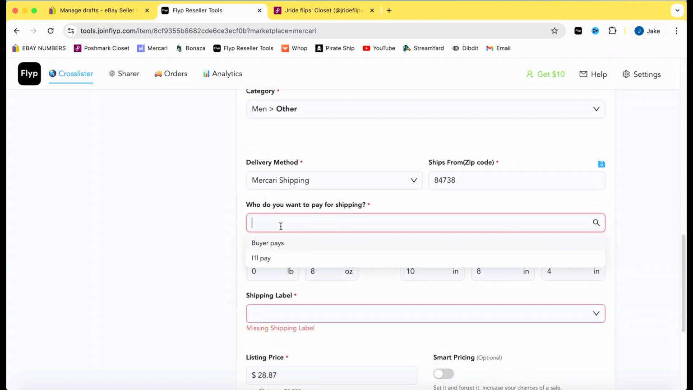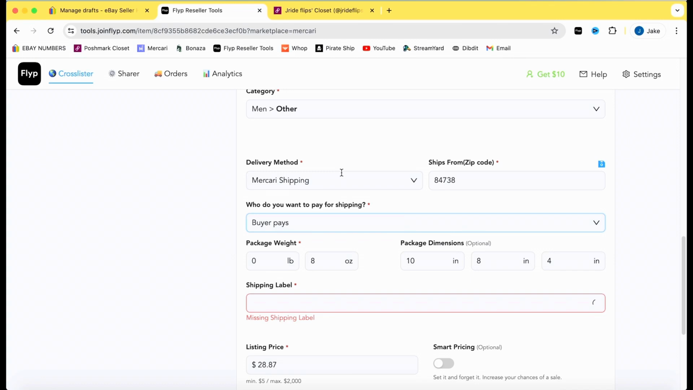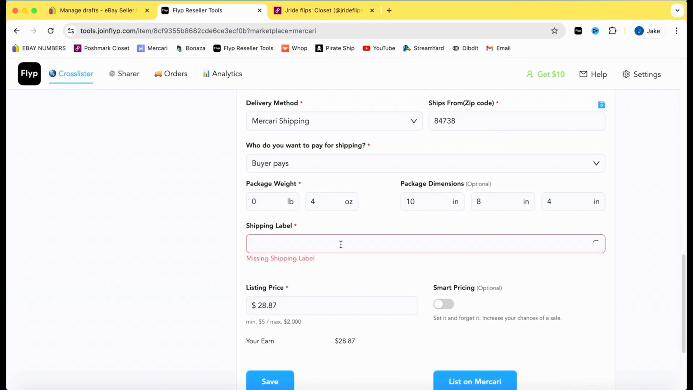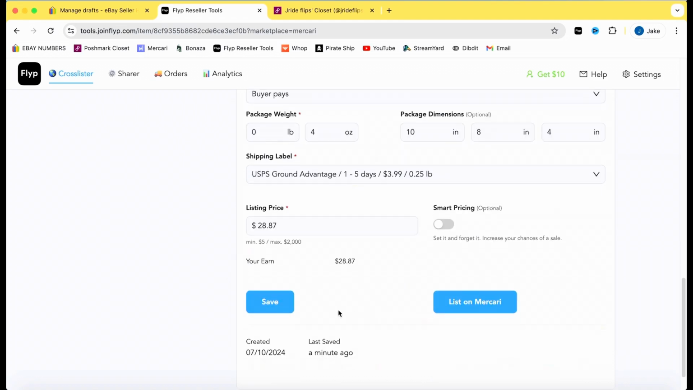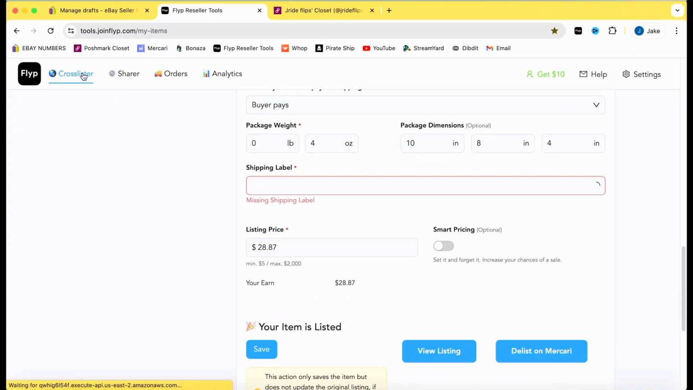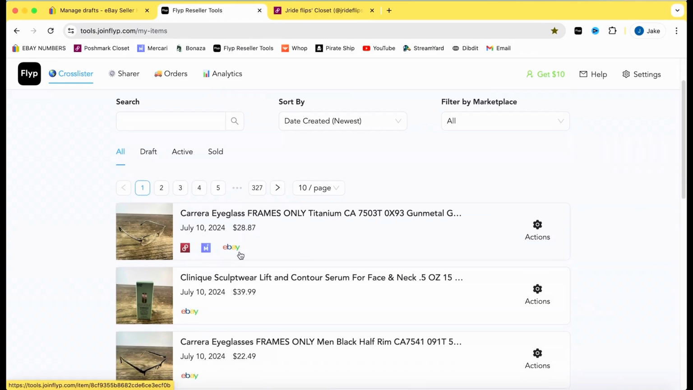Then you're going to put shipping. I do buyer pays. I put it down to 4 ounces because that's the rate that it will go at. And then I click on here for the shipping label. I select that, and then I hit list on Mercari. Now this is automatically getting listed to Mercari just as it did on Poshmark, and we are good to go. Now that it has been listed to Mercari, we'll go back to the cross lister and you'll see here it's on